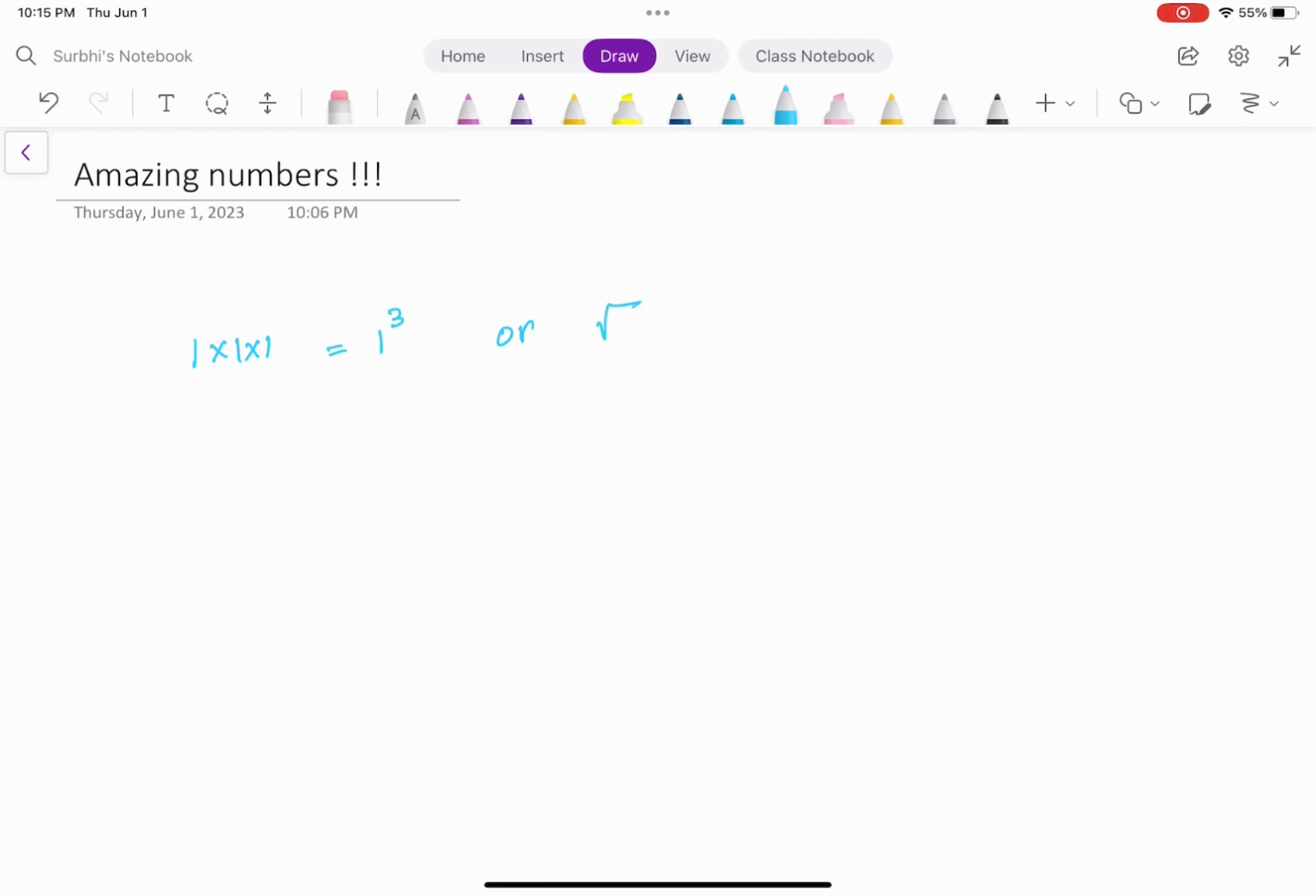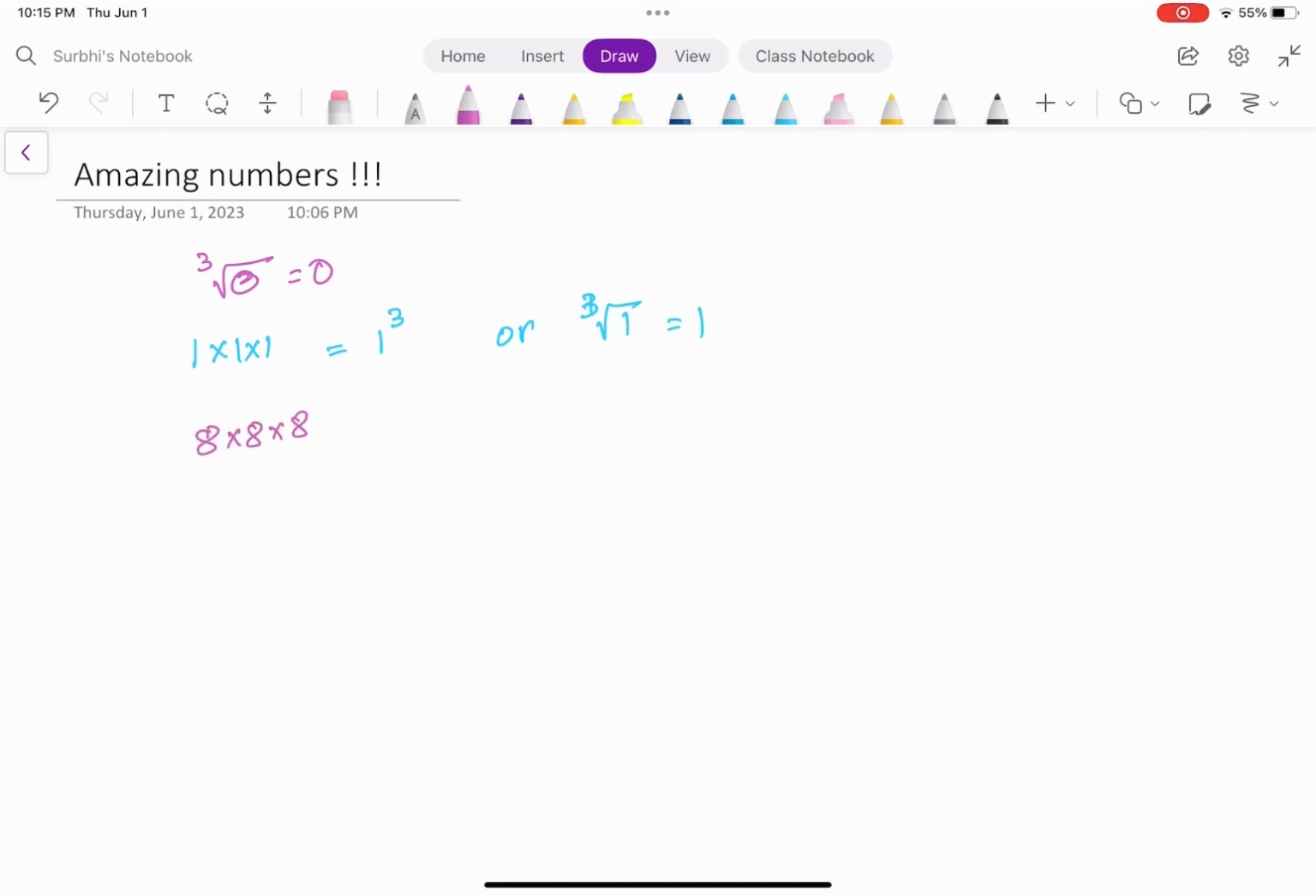Now, I can also write cube root of 1 is nothing but 1. So what is happening here? That 1 is an integer, that is a perfect cube. Perfect cube of 1 is 1, right? Same as perfect cube of 0 is 0, for example, and the sum of its digit also forms the cube